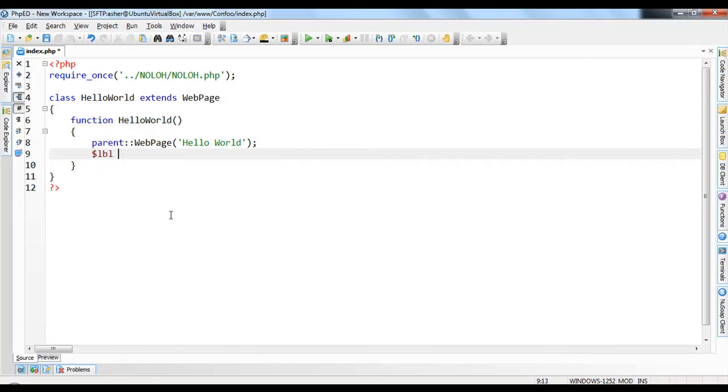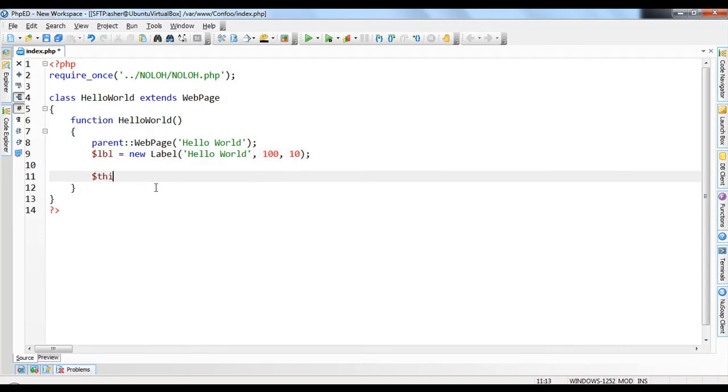So we're going to make label equals new Label, which is a built-in NOLOH class, a label, and takes in text. So this is going to be "Hello World". And then you could pass it in a left, top, width, height. If you go to dev.noloh.com, you can see there's a full API where you can actually see all this, but our connection is a little too slow here at the conference to go over all that. So I'm going to pass it a left of 100, a top of 10,